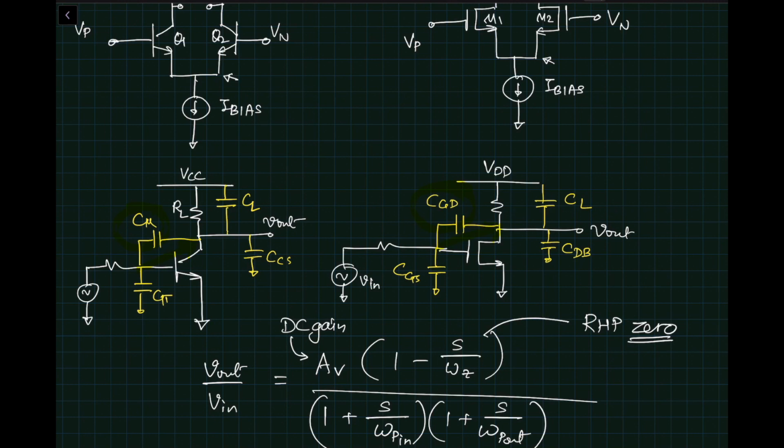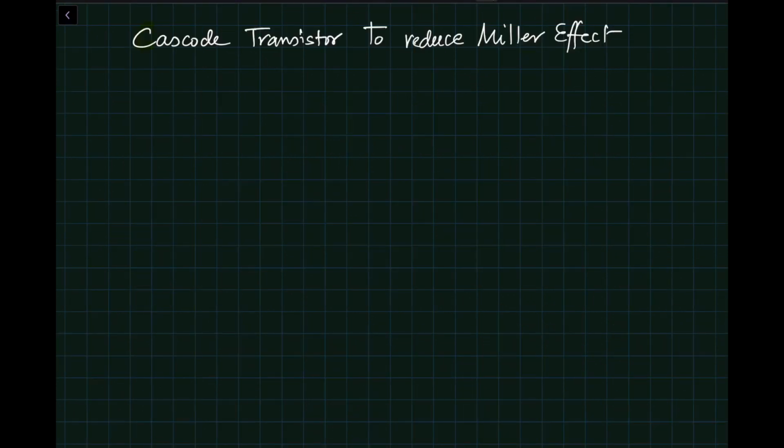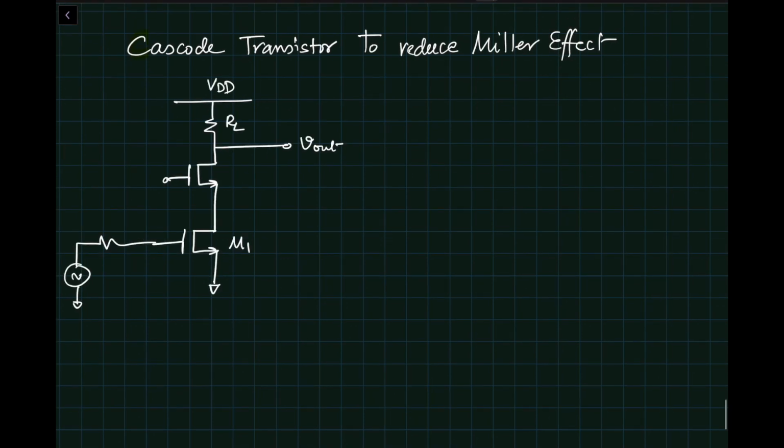So how do we improve that situation? One of the solutions is to use a cascode transistor to reduce the Miller effect, and let me explain that to you. So let's draw a gain stage with a cascode transistor. The main transistor is M1, and this is our cascode MC, which has a DC bias VB. We will also add the CGD. Let's label the nodes. This is gate and this is drain.